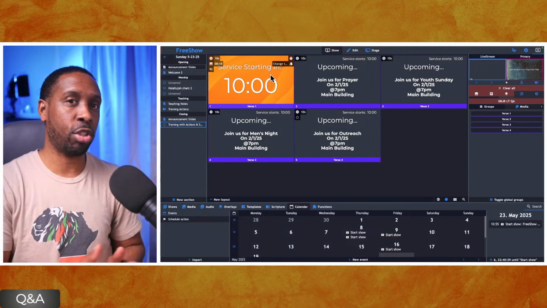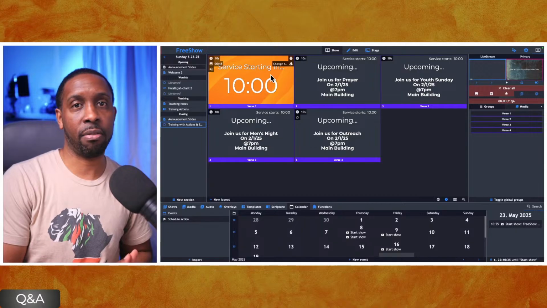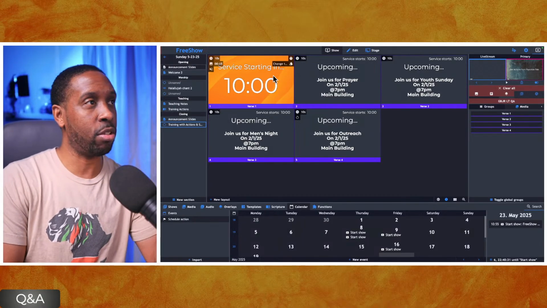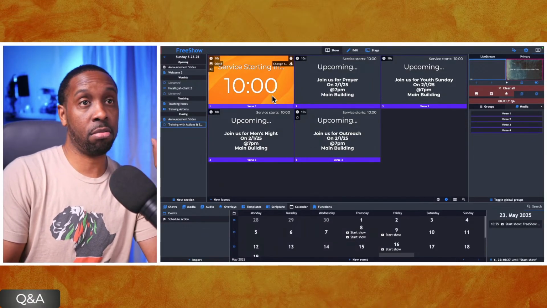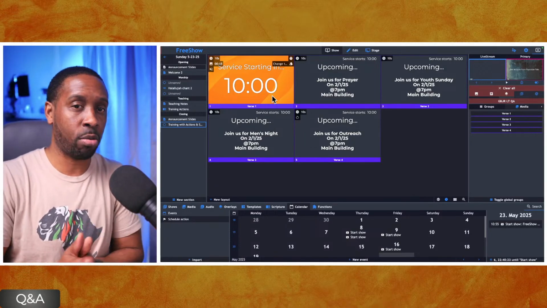You're basically setting it up so you don't have to worry about it, to where I would set it for whatever time you want that timer to start, 5 or 10 minutes before service. And you put an action to start the overlays on this, and it'll automatically start the show and it'll automatically start the overlay, and your timer and your slides will be in sync